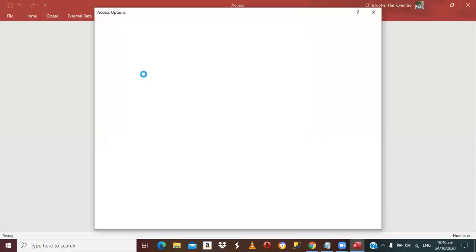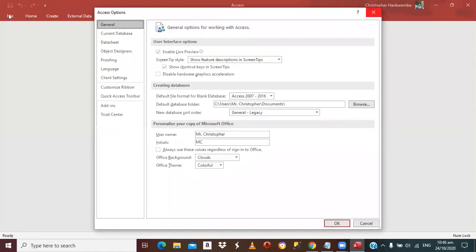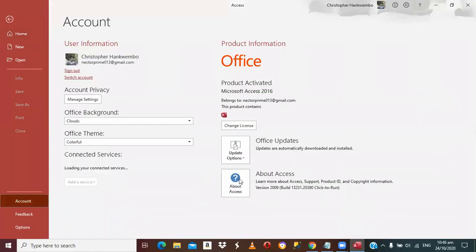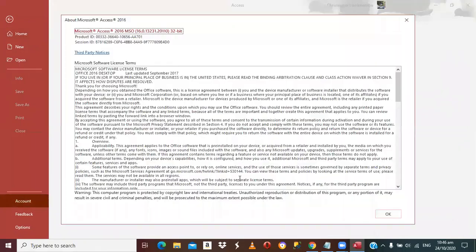you don't necessarily need to go under options. You go under accounts. So this is irrelevant. I just wanted you to see what actually happens. You go here under account. When you click under account, you want to see what bit your Office is. You come here about it. It could be about Word, about Access or whatever. You check here. It shows you exactly 32-bit. You can see this 32-bit is running on